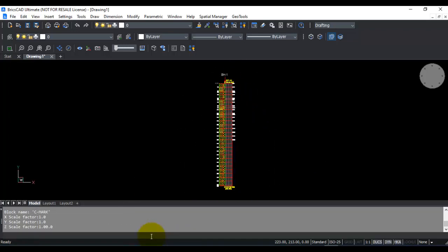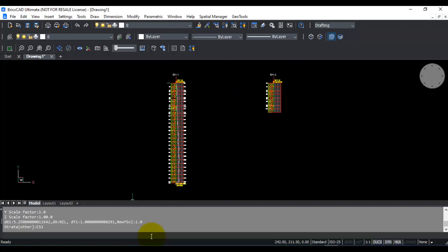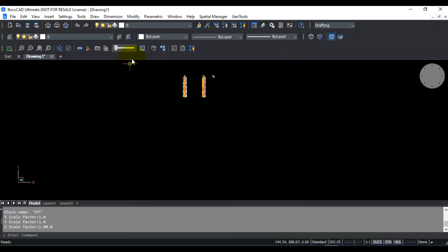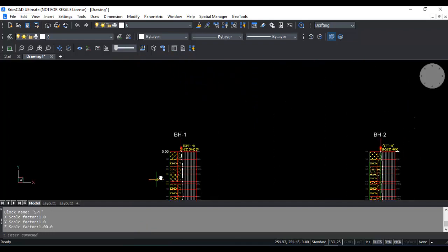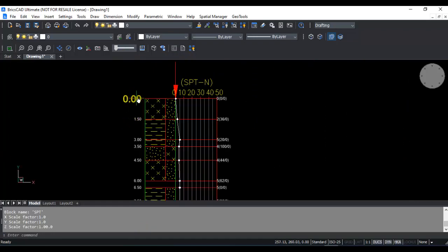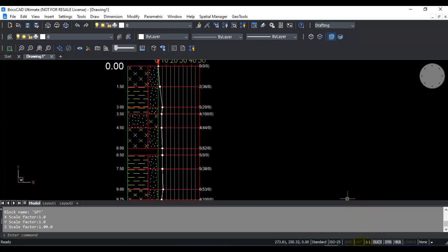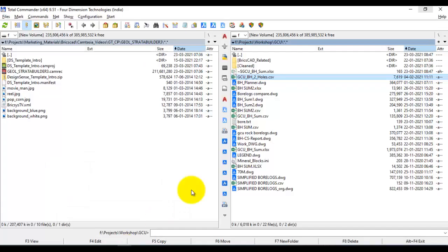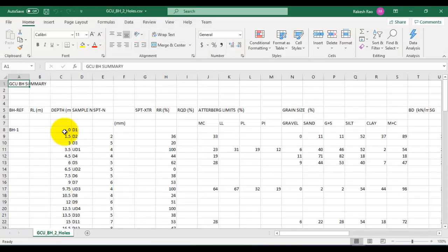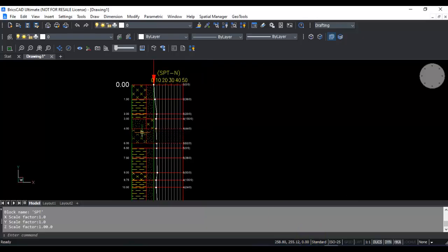Now you can see that the lithology surface is being drawn by reading the values from the CSV file. So if you zoom in here, you can see the output. We have the starting depth and then 1.5, 3, 3.5. So this is as per what you have seen in the CSV file here. So 0, 1.5, 3, 3.5, as per that the depths have been drawn and the various blocks have been inserted,